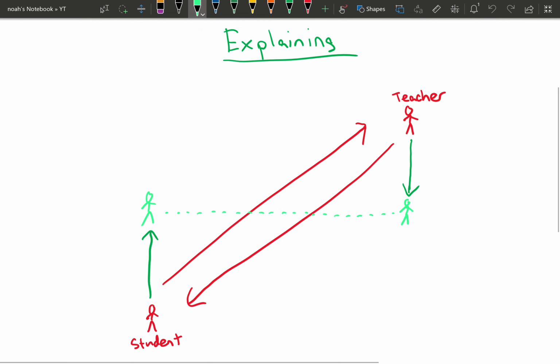I didn't label these people as student or teacher, right? They're just two humans interacting, and they can both learn from each other. They can ask questions, they can challenge each other, they can do whatever because it's just two humans at the same level